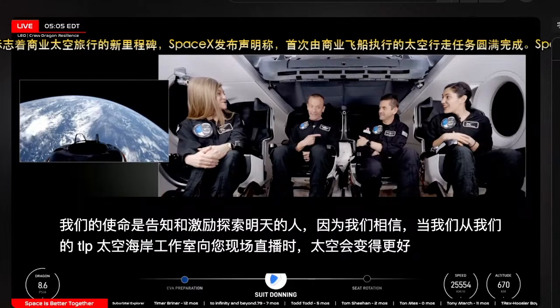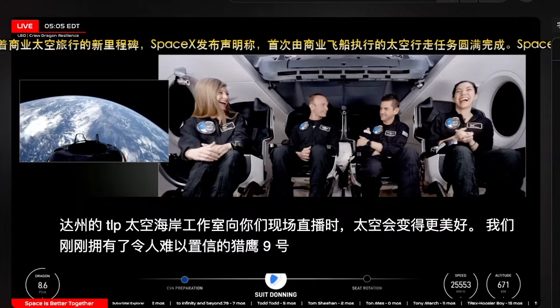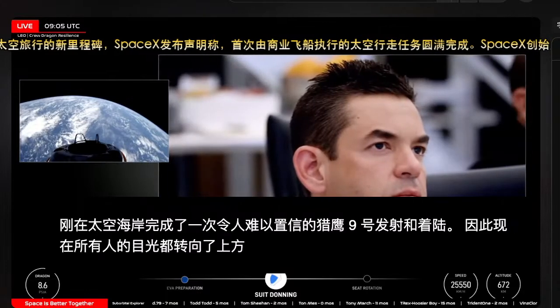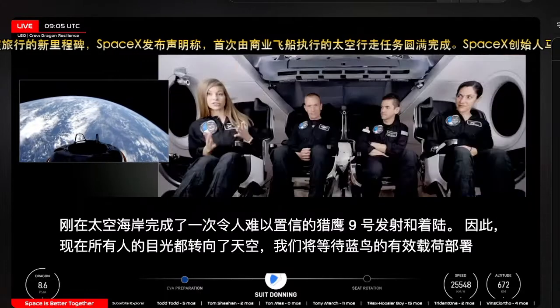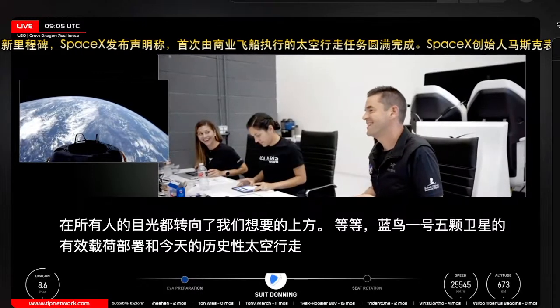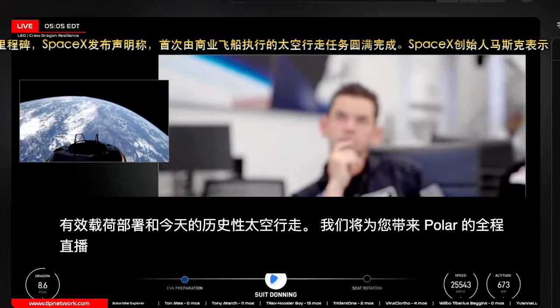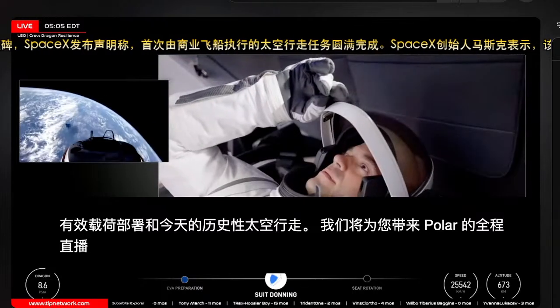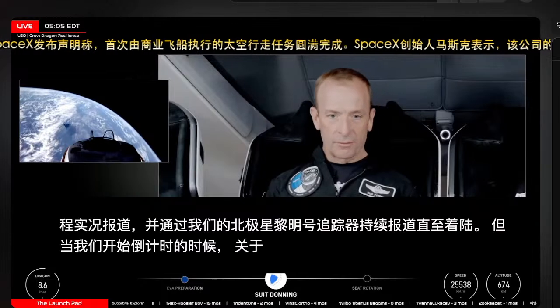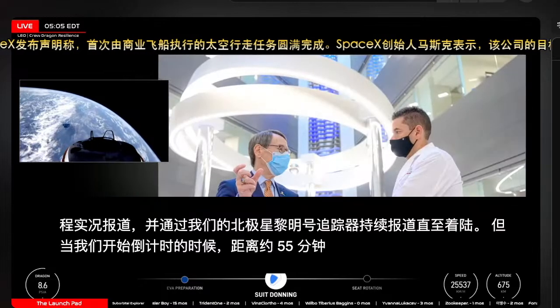We just had an incredible Falcon 9 launch and landing back here on the Space Coast, and now all eyes shift upwards as we await payload deployment of Bluebird 1's 5 satellites and today's historic spacewalk. We'll be bringing you full live coverage of Polaris Dawn and continuing that coverage all the way to landing with our Polaris Dawn tracker. But as we count down now roughly about 55 minutes from that expected start of spacewalk,